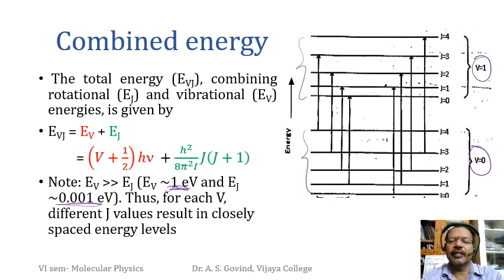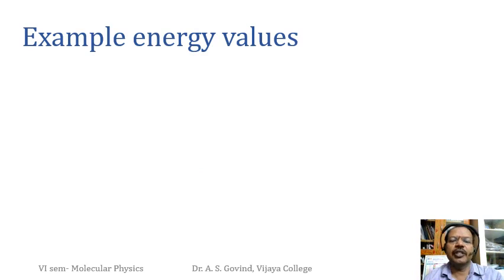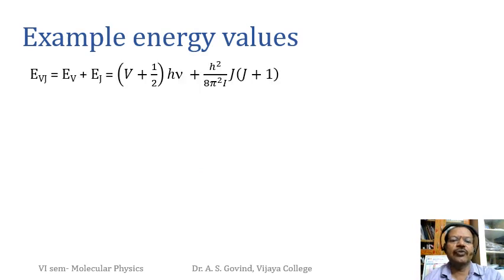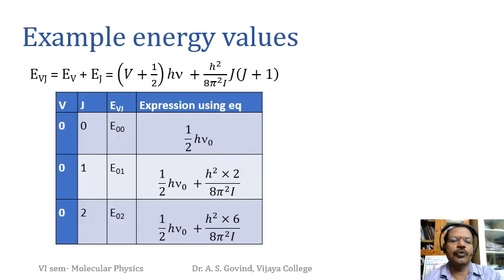And we have already seen rotational energy levels are not equally spaced. So all those considerations are taken here. We'll discuss the transitions later. So we have just taken the equation in the previous slide. Now we will take some values. So this is the equation. I have rewritten that. And both V and J can vary. So we will vary one at a time and see how it looks.